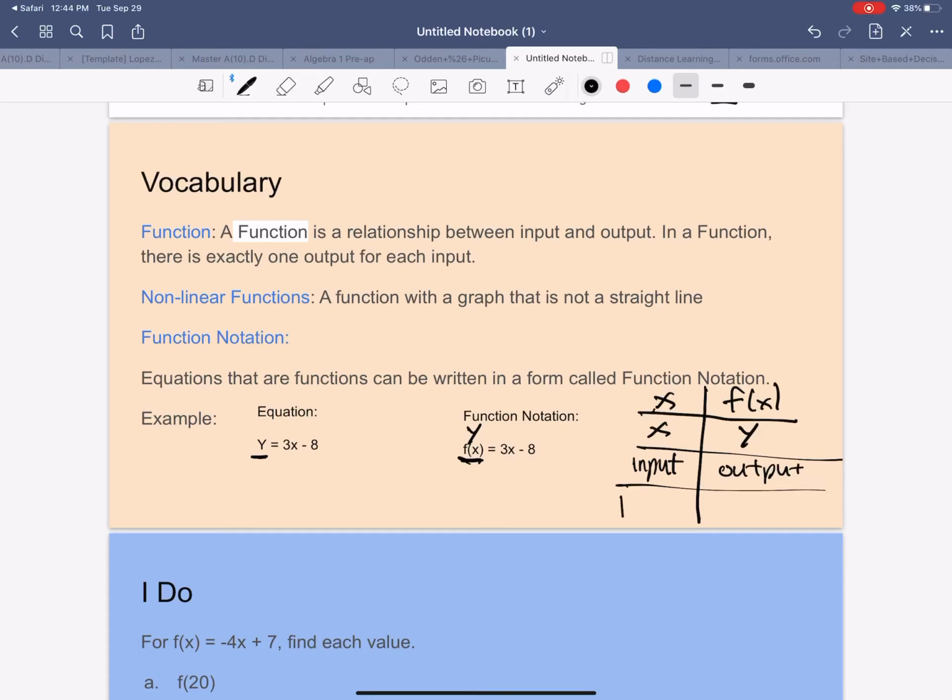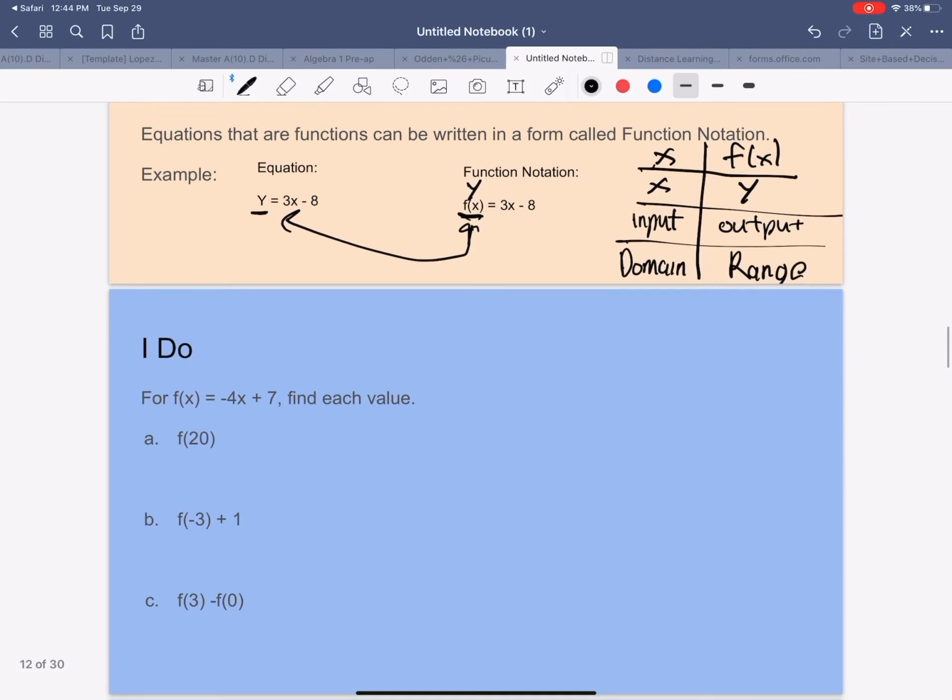Algebra terms are going to be, this is your domain, this is your range, and there's a couple more other terms we could use, such as independent variable and dependent variable. But for now, this is what we need to know. And so anytime you see f of x, you could basically interpret it as meaning y. But this is special though. And so when we move on to this actual problem right here,